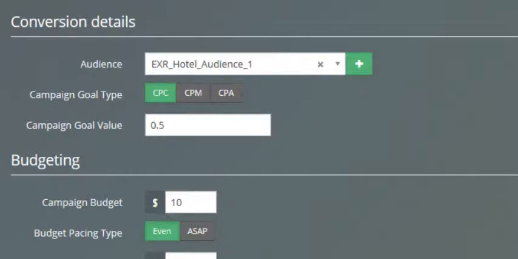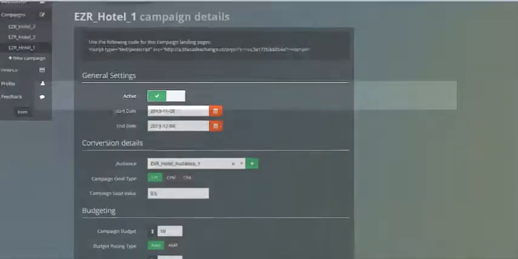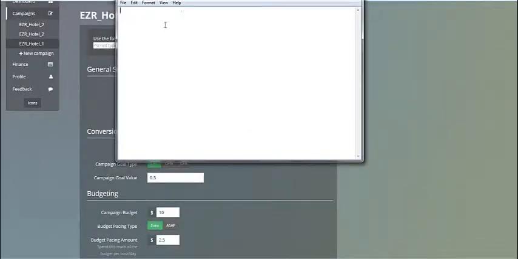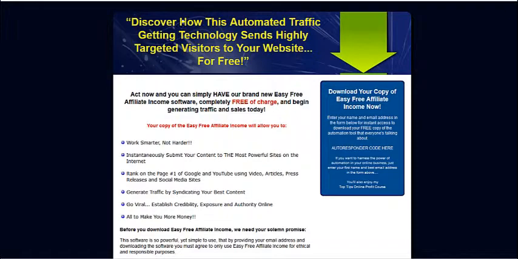But let me give you an example to show how you would want to place your pixel code, which is right here, the one that starts with script. And what I'll do is just copy it and I'll paste it onto my text file. So let's take a look at this a second. This would be, for example, your offer page or the squeeze page or landing page. Whatever you want to call that destination page. The destination page would be reached after a targeted visitor has clicked on your display and they are taken to